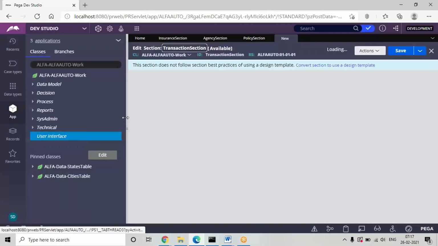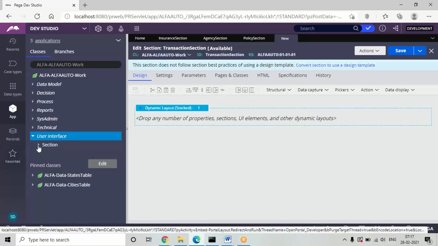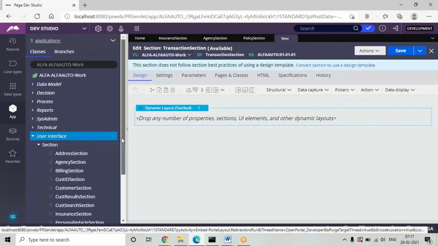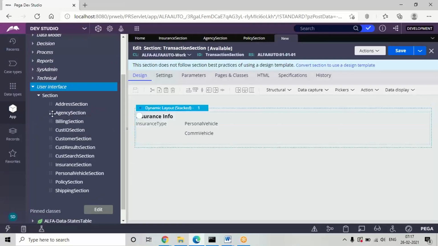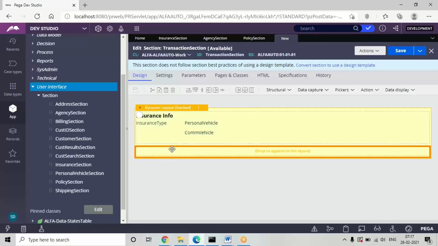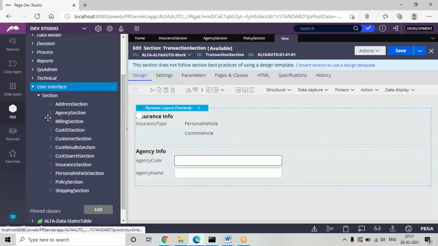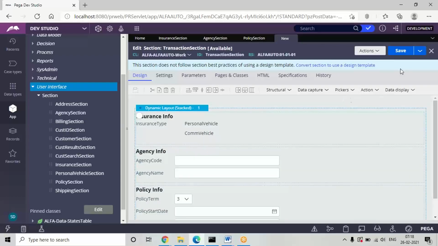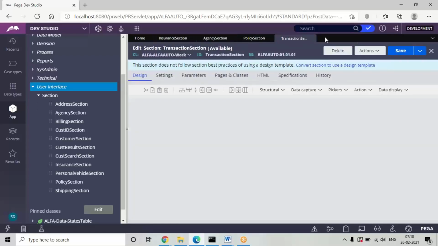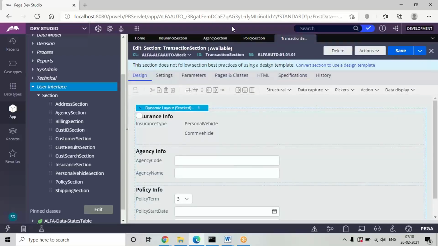So just drag and drop these sections. In the same layout, you can just use these three. See, why we are designing separately is because different conditions are required for all the three. So we need to design them separately and map them. You can map them in one main design. Now we need to create a flaction for the main design.